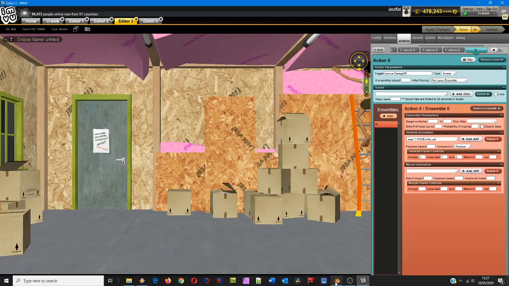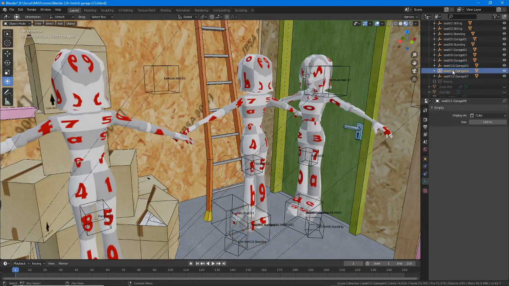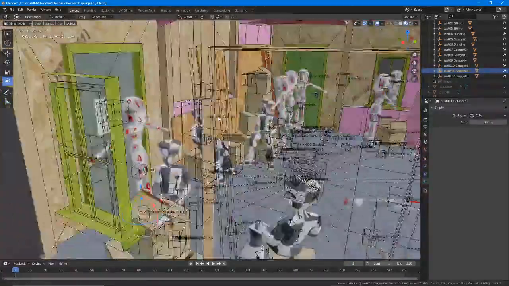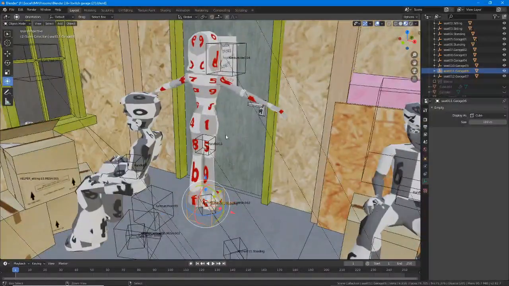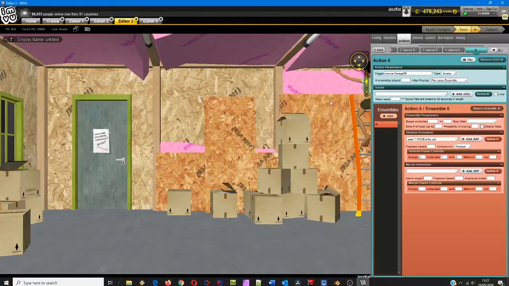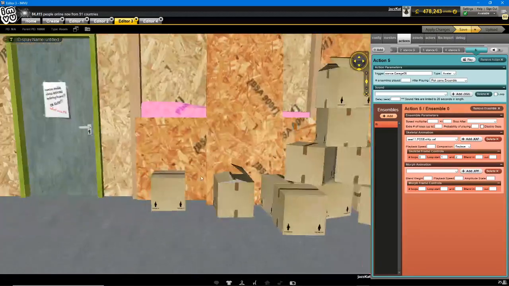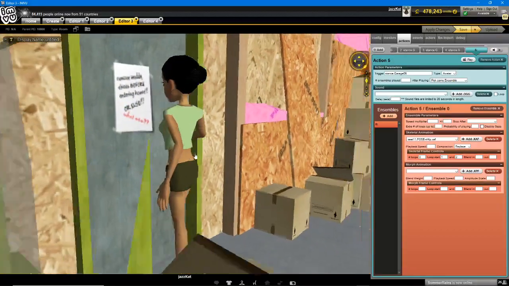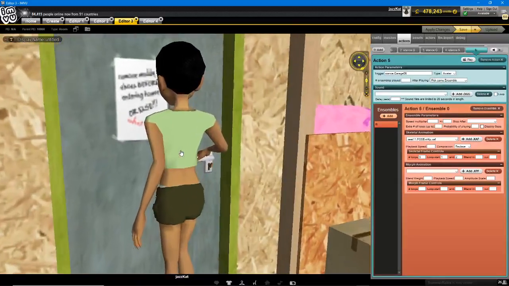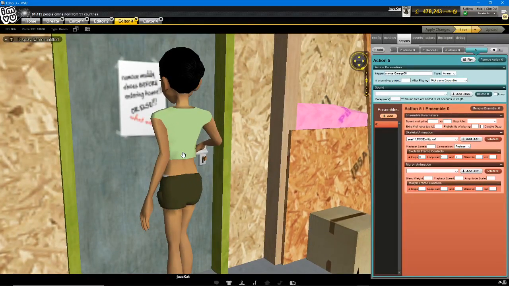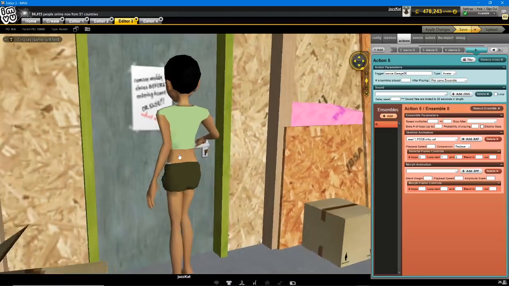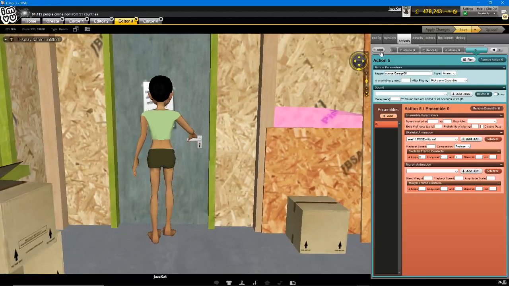So which one is 11? So 11 is over by the other door. So going out and reading the notice on the door, remove muddy shoes before entering house or else. What? And then the final one,